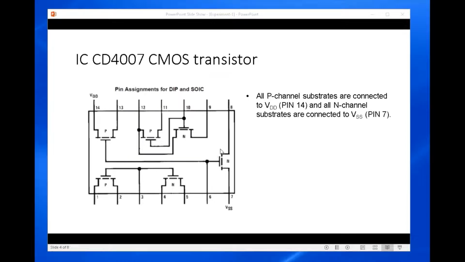Of course, you cannot use the transistor connected between 6, 7, 8 because the source is already connected to the substrate. Similarly for the P channel device between 14, 13 and 6, the substrate is already connected to the source.